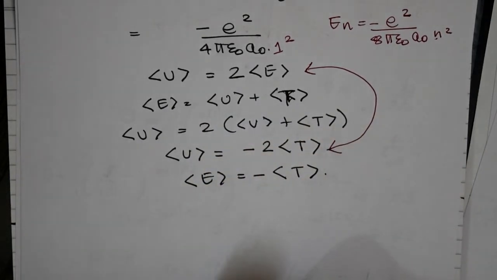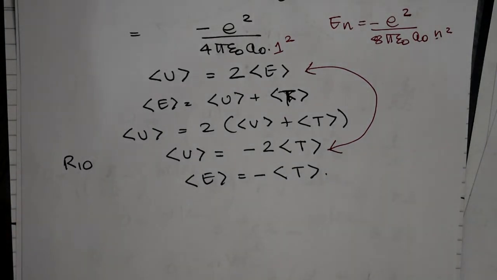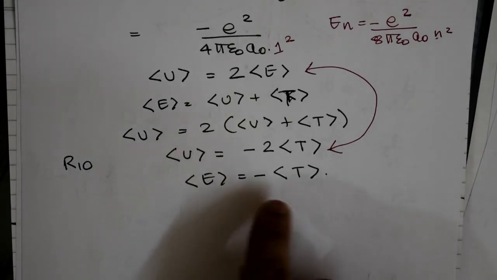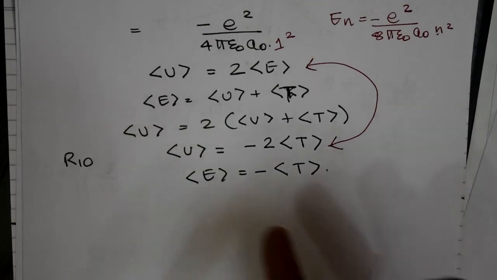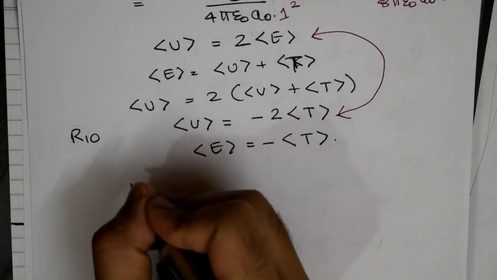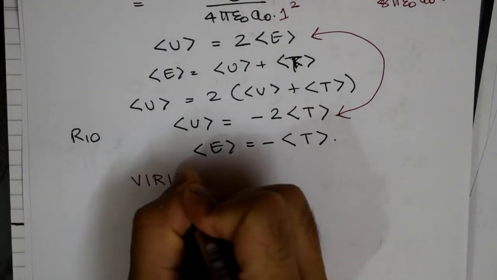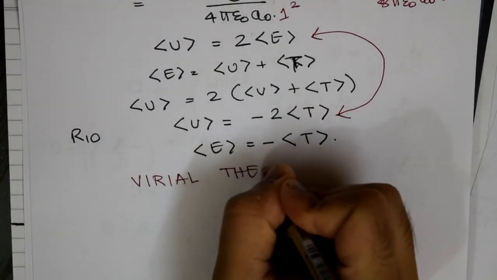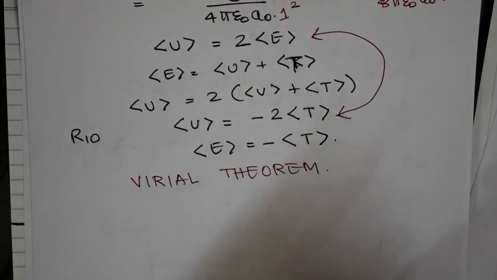This we have shown only for the R10, which corresponds to the 1s orbital, but this is a common occurrence throughout quantum chemistry, where the kinetic energy is given by the negative of the total energy, or if you multiply the total energy by minus 1, you end up getting the kinetic energy. This is an important aspect of quantum mechanics, and in general it can be applied to any orbital. This is called the virial theorem. It matters a lot and it's valid across atoms and molecules.